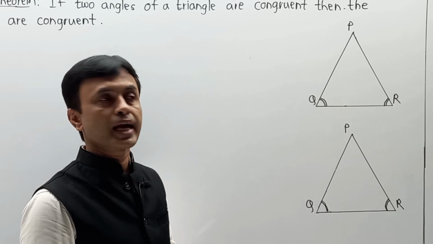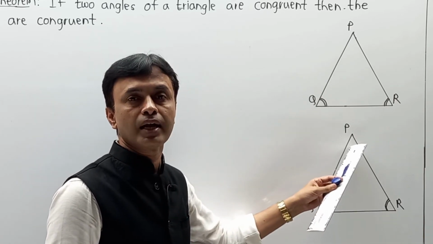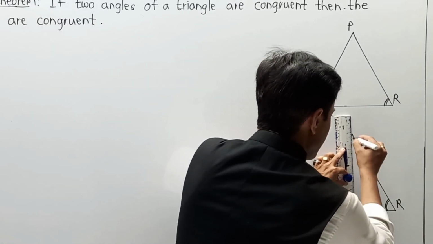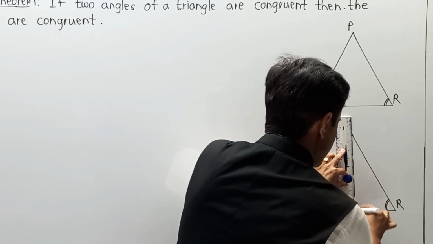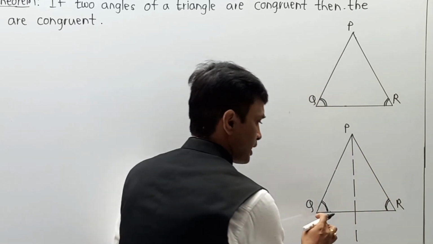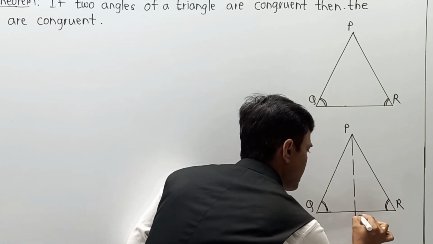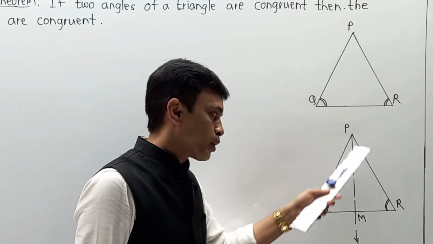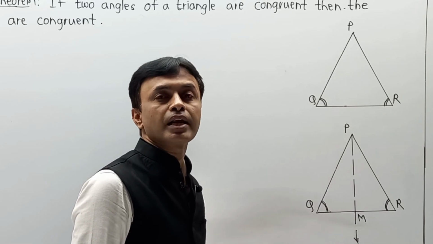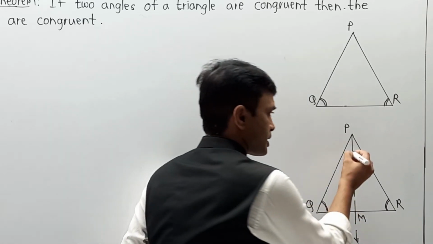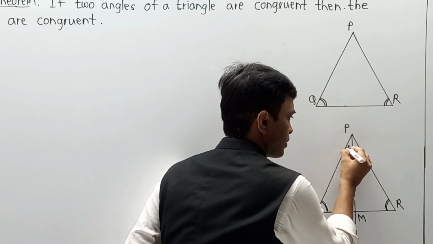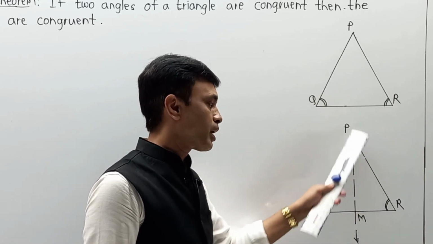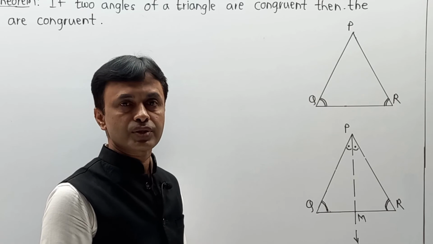We are going to draw one angle bisector, and that is nothing but the angle bisector of angle P. When you draw the angle bisector of angle P, it intersects QR at some point, and I am going to indicate this point as M. Now, what exactly have we got? We have drawn one ray of angle bisector which bisects the angle P. It means you can say this angle is congruent with this, that is, angle QPM is equal to angle RPM. This is what we drew as a construction.